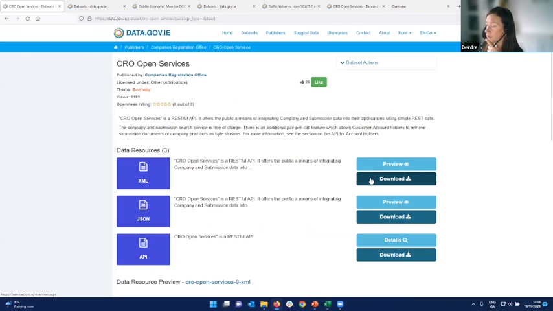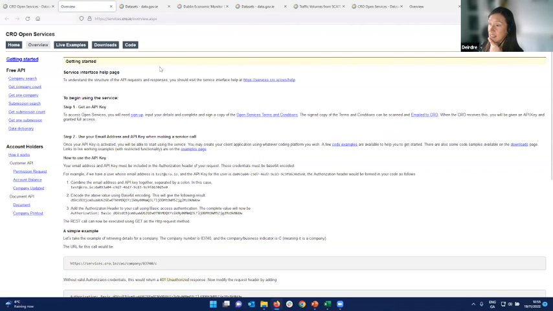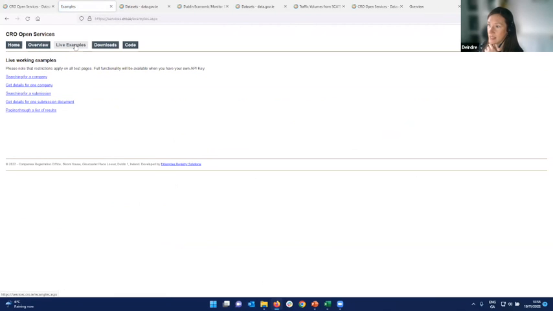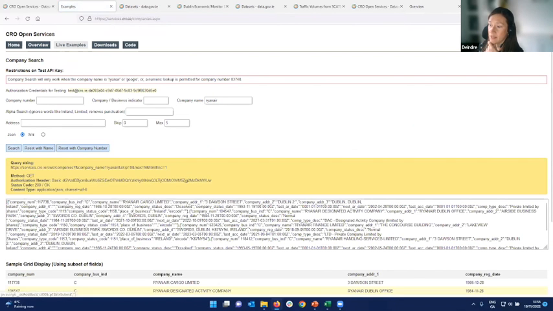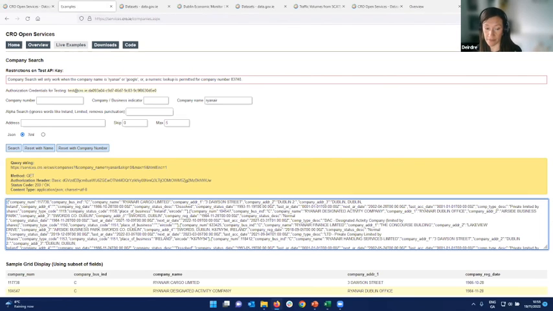So if you click through from the Companies Registration Office, it leads you to their API page. And again, if you want to develop an API, this is all of the information here. An example is if you want to search for a company, say you want to search for Ryanair, and this will give you, so this again for a human looks horrible, but this is exactly what a computer needs to pull that into the program and be able to display that in whatever way they format. So you can get the information not only on the official website, but in your own application,